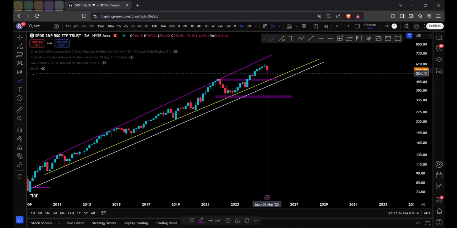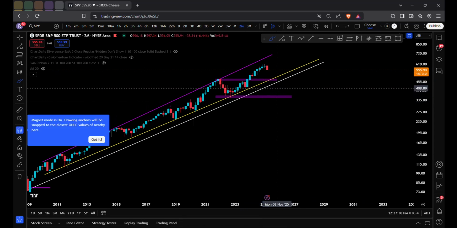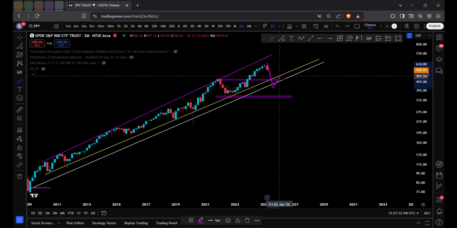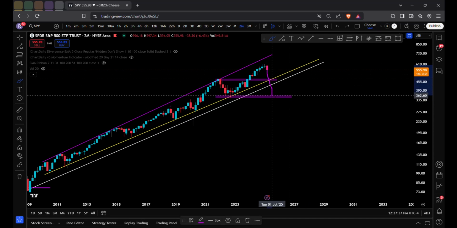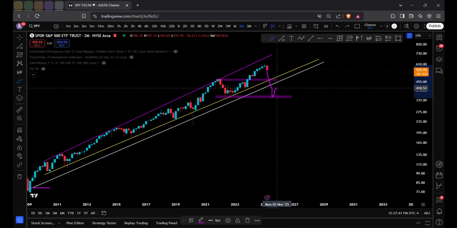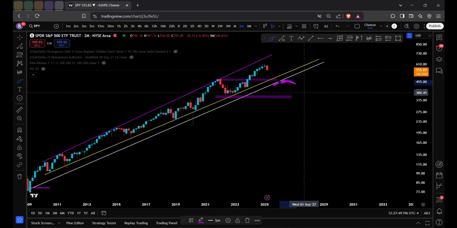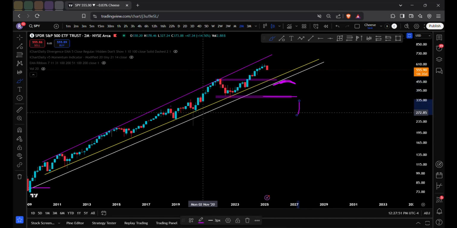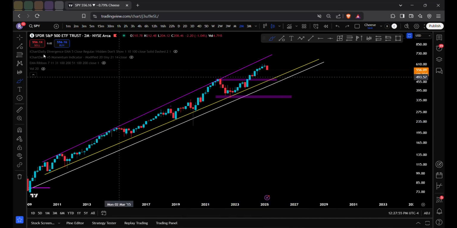Bearish scenario, we break, we fall through, we find support at 412, go back up, then retest, then come down. Worst case scenario, we fall straight through, go all the way to the 345, have a dead cat bounce to the 410, get rejected, form the inverse head and shoulders, see rejection below here, as well as forming a lower high. And then you're off to the races back down to the 280 to potentially the 242 level.